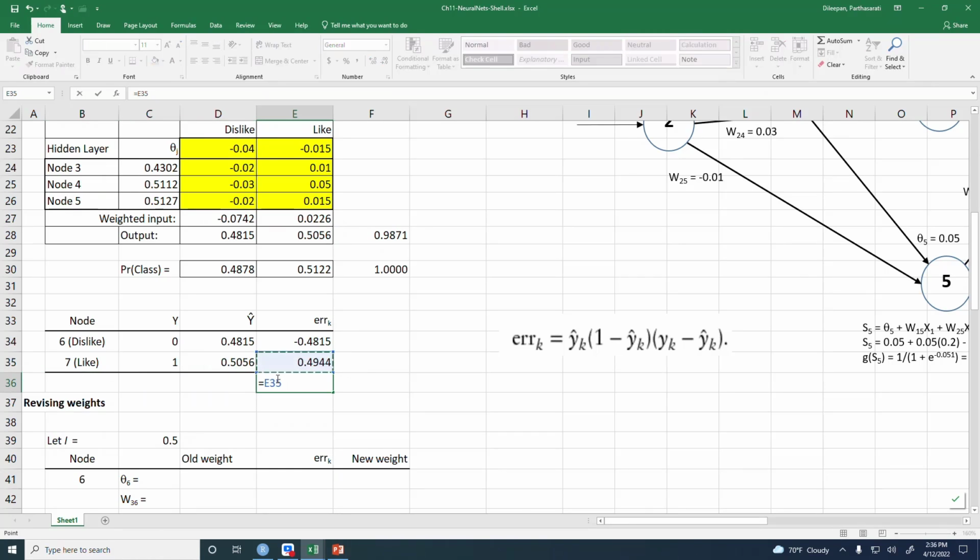Now there are other ways of computing error as well. We can compute error in terms of squared, sum of squares of error. You can have cross-validation error. So there are many options for computing error, and I want to keep it simple, so let's just use y minus y hat and take a sum of that. Okay, so that's our error,